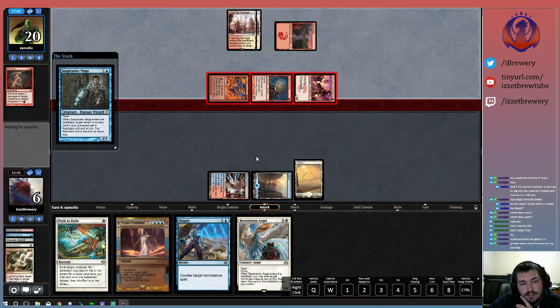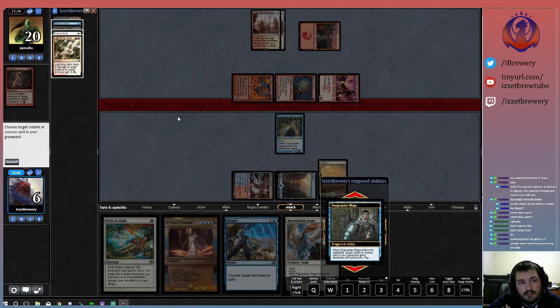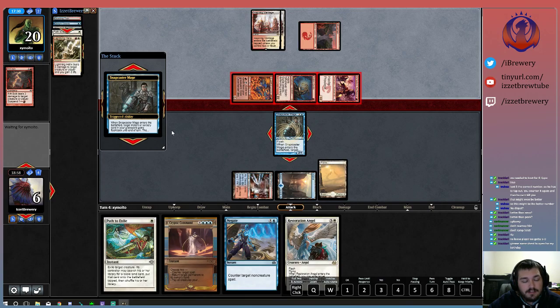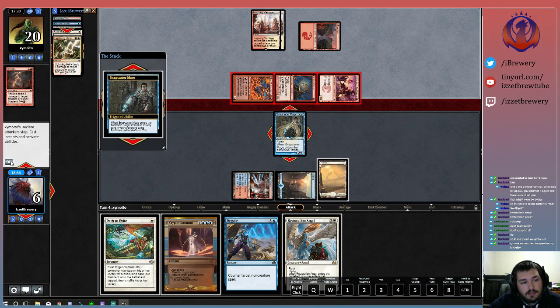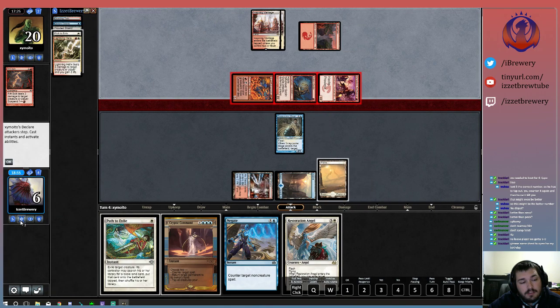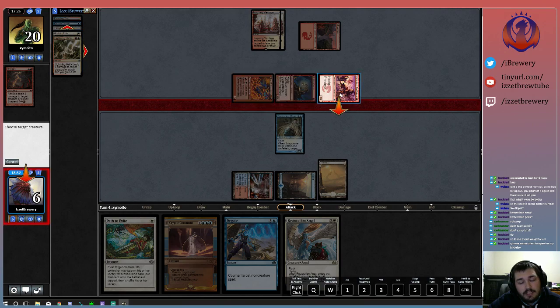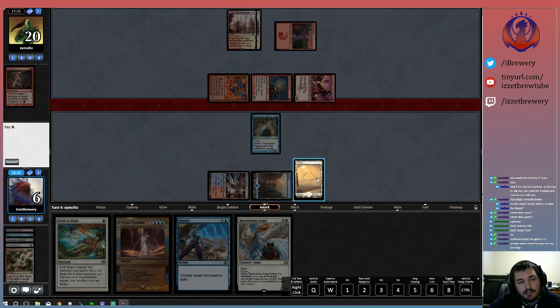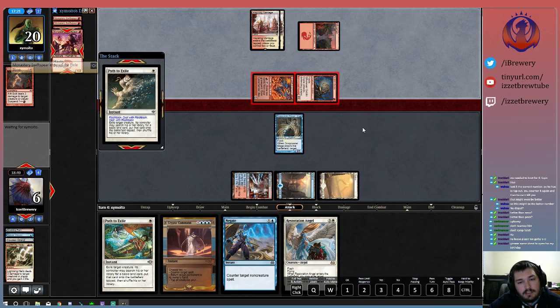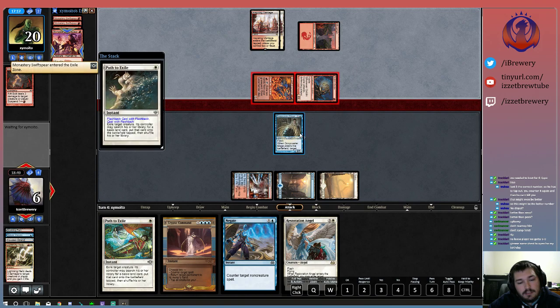Snapcaster. Path. Man, screwing up that stupid Path was real dumb. That may cost us the game. And that might actually be what does it. Maybe missing land drops doesn't help, but